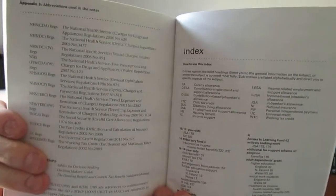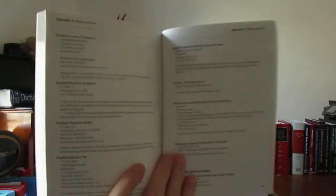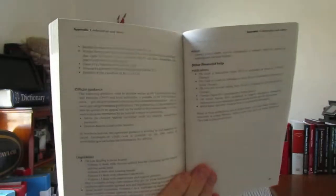As I say, you've got again abbreviations at the back in Appendix 3. Then you've got not a bad index actually. If you're looking for things, you can find stuff quite easily. What you've also got is a number of useful addresses in Appendix 2. And in Appendix 1 you've got general information and advice. As I say, I think this is a very important book for anybody involved in higher education looking to know what might be available. As I say, it's a very light book as well, but the important thing is to